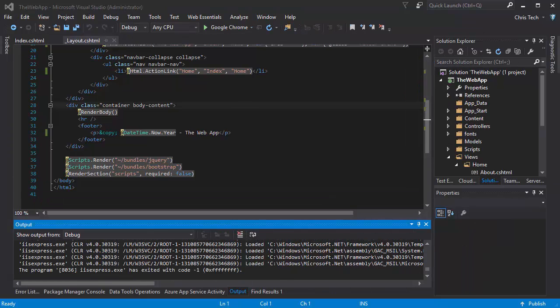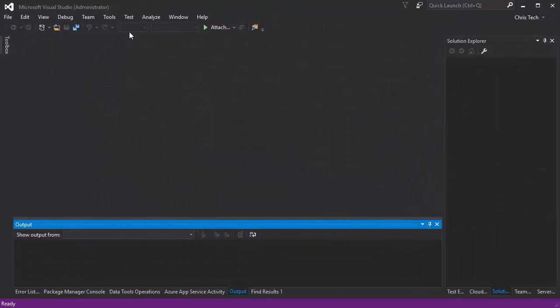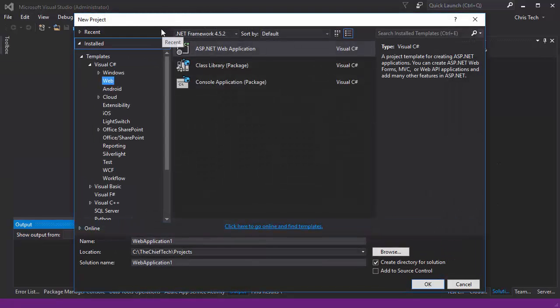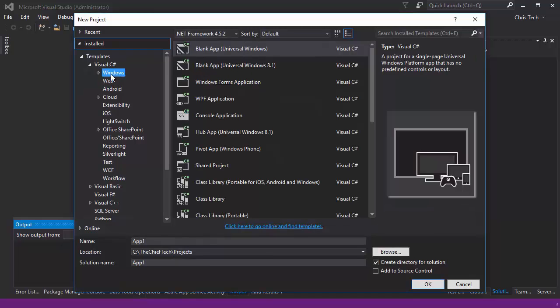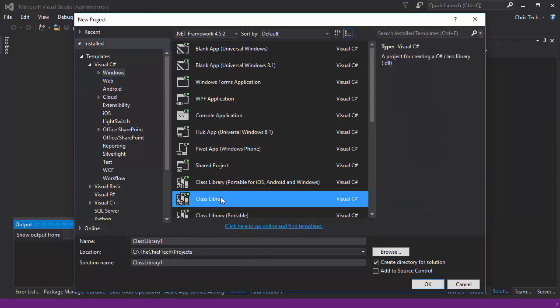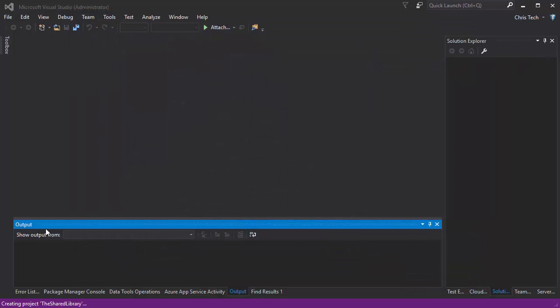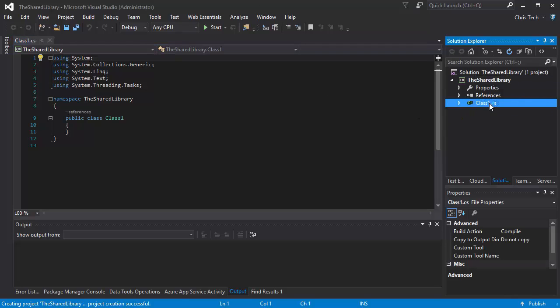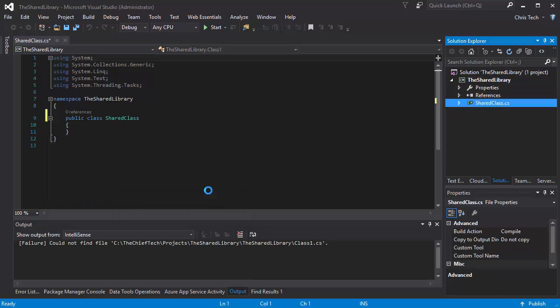Okay, the next step in setting up the sample application is going to be creating a new application as a class library, and we'll call it the shared library. And this library will be the one that we share within our NuGet packages. So again, we'll just do a little bit of cleanup. We'll change the default class name to shared class. This is the class that we'll instantiate inside the projects that